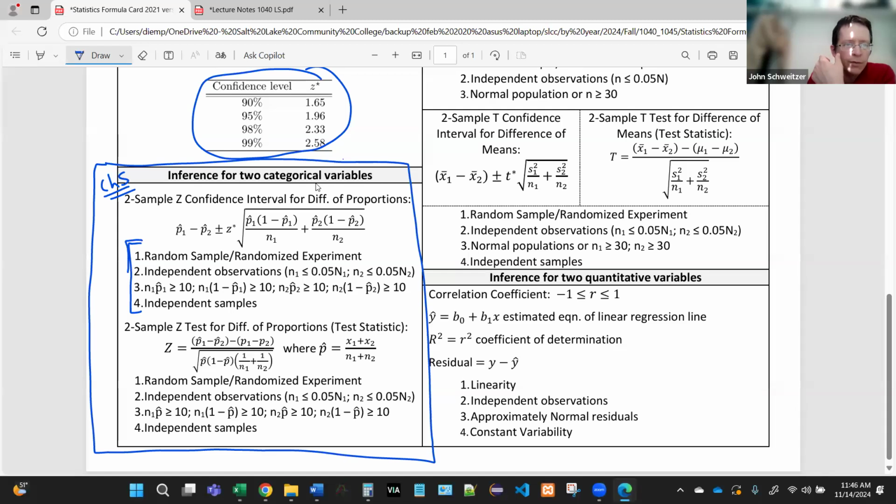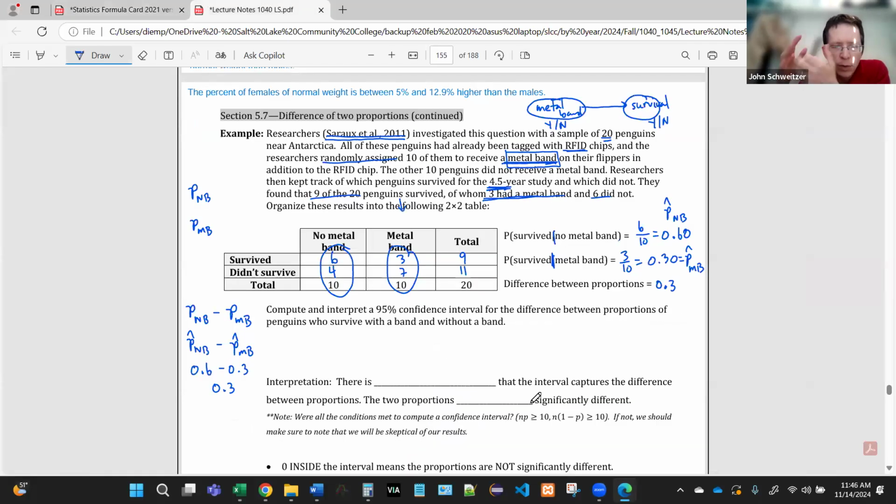Anyway, back to this. So we have these 4 conditions that have to be met. And if you look at those briefly, you'll see, hey, these are actually very similar to what we've done before. Right? We have randomness, we need independent observations, we need at least 10 successes and at least 10 failures, and then we need the 2 samples to be non-overlapping. Okay, so nothing too new there. Let me skip that for now. I want to practice with the technology a little bit, with the software, and we'll calculate our confidence interval. We'll think about what it means, and then we'll go back and think about the requirements and if they've been met or not.